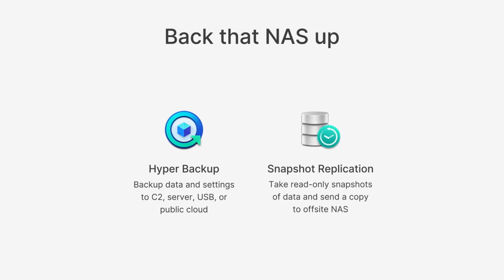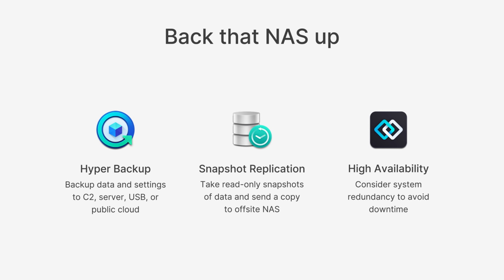Snapshot Replication allows you to replicate your data in your shared folders or LUNs to another Synology NAS. This can include your Active Backup for Business data, allowing you to have more granular replication up to every 5 minutes, so you can have that many more recovery points at your disposal whenever you actually do need to do a failover and recovery. Now, high availability here is a bit of an honorable mention. It's not a backup system itself, but you can consider creating a duplicate Synology NAS, tying the two together with a physical heartbeat connection so that they present as a single namespace. So whenever there's a hardware failure of one of those nodes, you can have that other system in place to step in and take over all of those services to help you reduce overall downtime if there's ever a system failure.